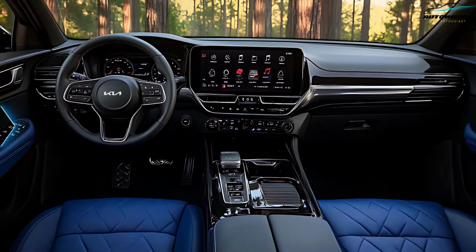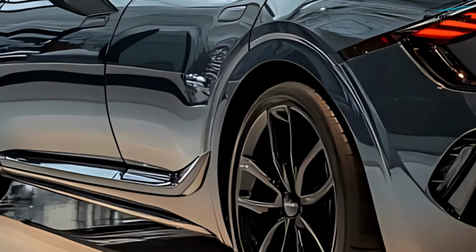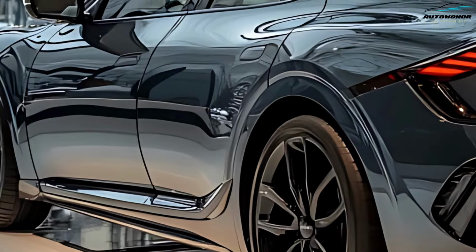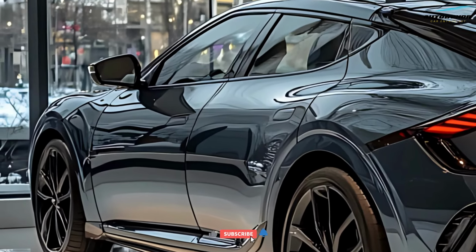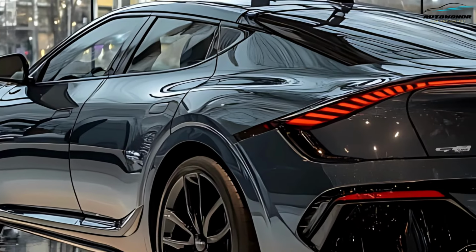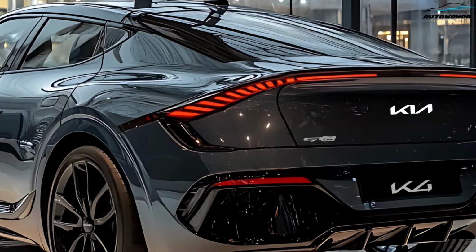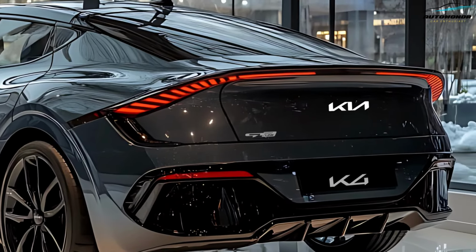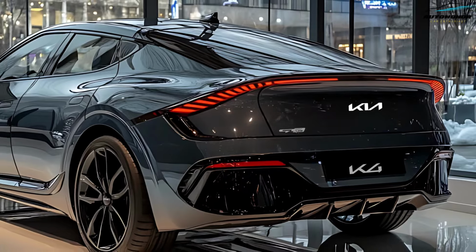Under the hood, the 2026 K4 GT Line Turbo is expected to feature a 1.6-liter turbocharged four-cylinder engine, pushing out a confident 190 to 200 horsepower, paired to either a refined 8-speed automatic or an available dual-clutch transmission for sharper shifts. This new generation could also benefit from lightweight construction and improved chassis dynamics, enhancing agility and efficiency over its